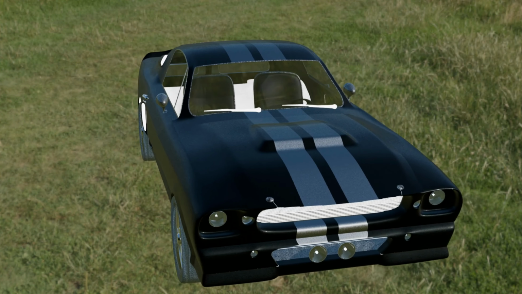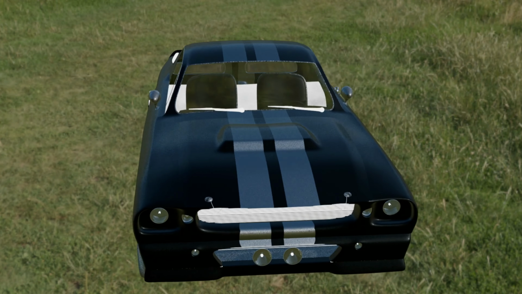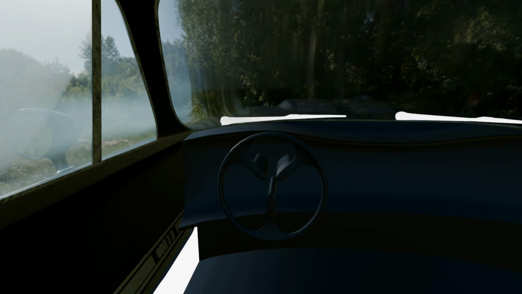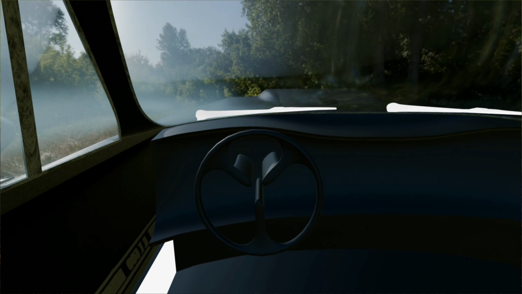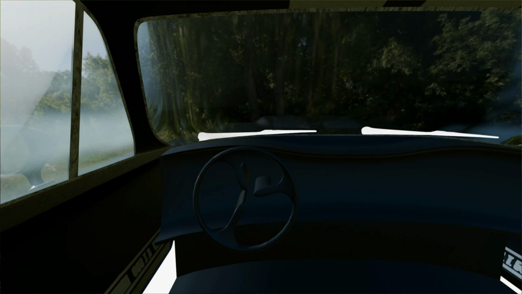As you can see in this video, it's not just some random car video, but this is the interior of the car, which is unlike the rest of my videos where I used to make my car from the exterior third person perspective. But right now, as you can see, this is the first person perspective in this video where I'm trying to drive.